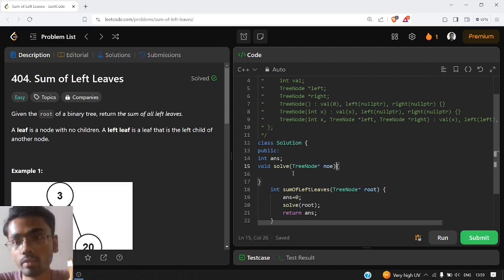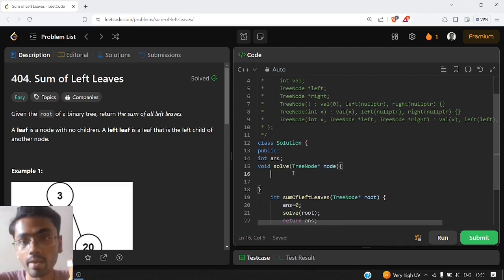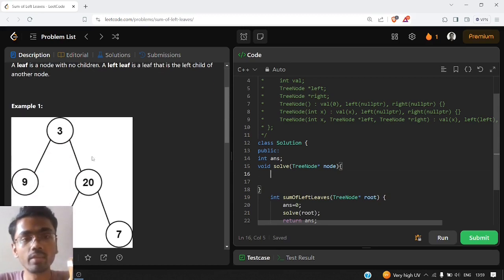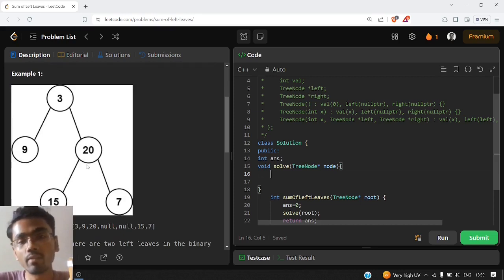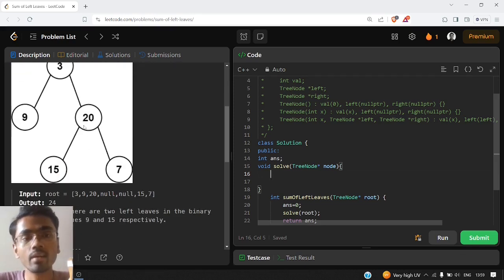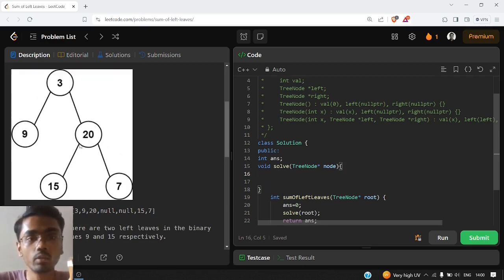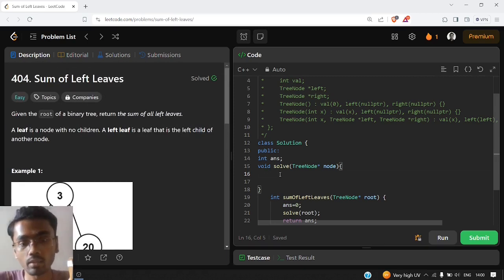So I have passed the node as a parameter, and what we need to do now is check each and every child. That is, we need to check the left child as well as the right child. So we need to traverse through both. Now why are we traversing to the right child? Because here also you can see, if we are on 3 and we go through its right child, then there is a possibility that its left child may be a leaf node. So we need to traverse in both directions.